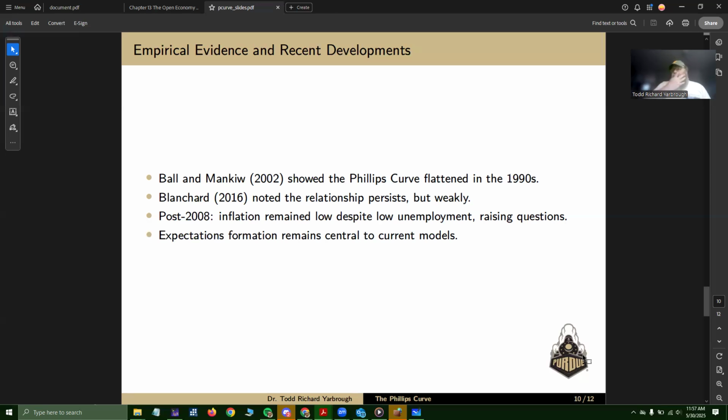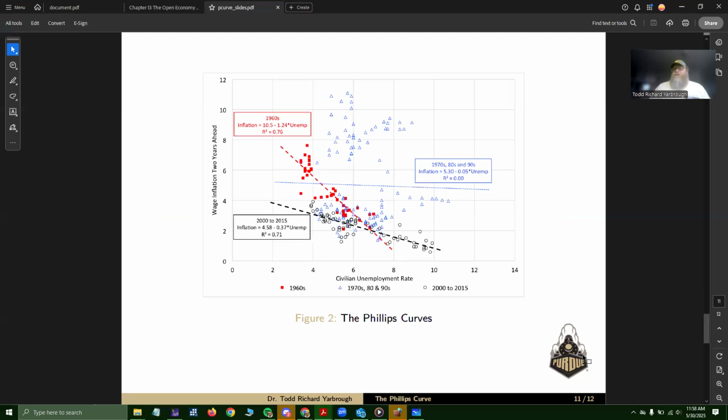And so the Phillips curve is, like I said, a canonical idea. It's something that everybody learns when they take intermediate macro, and you can get a fairly biased interpretation of it depending upon if your professor is pro Phillips curve or anti Phillips curve. I don't really have an opinion in that direction. I like the idea of the Phillips curve because it seems to be empirically true in many instances. But I also agree that, especially in a hyper expectations-driven world, it makes sense to me. The math says that expectations are going to tend to cause that relationship to flatten. So that makes a lot of sense to me.